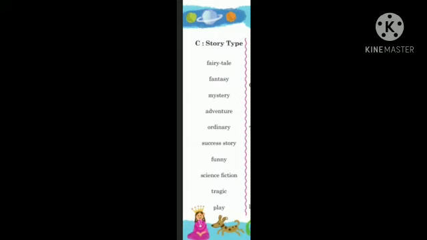Fantasy means an imaginary story which is nothing close to reality. No reality is there. Mystery means something that is difficult or impossible to understand or explain. So here it has given the story types with certain topic names. Adventure means a story about an exciting experience, so we call it a good adventure story. You like to listen. Ordinary means a typical story. Success story,